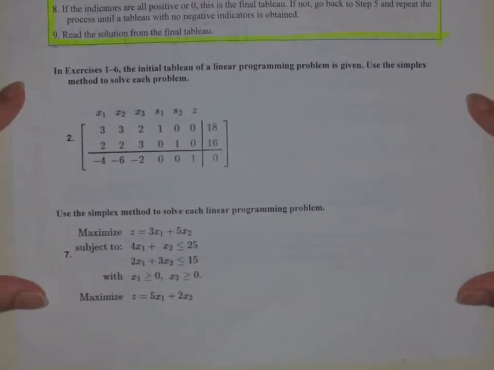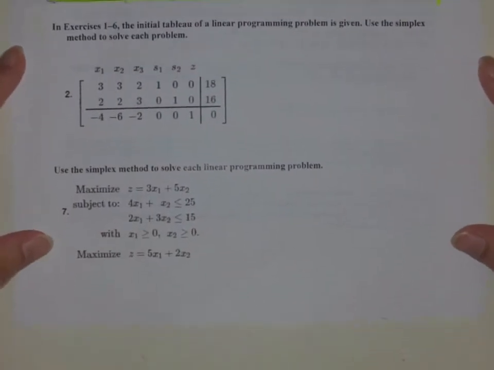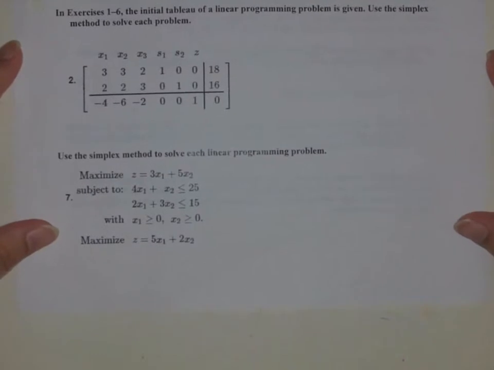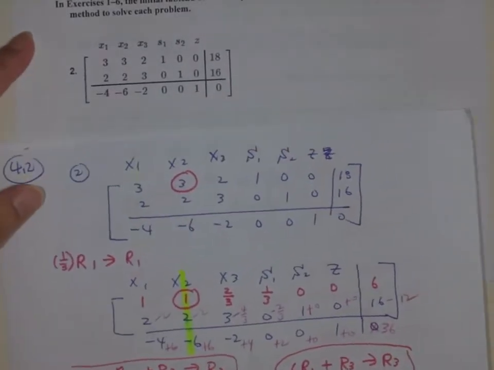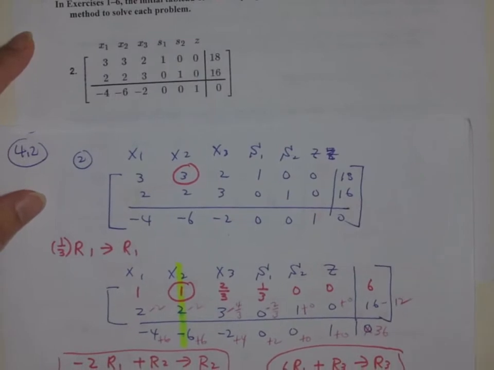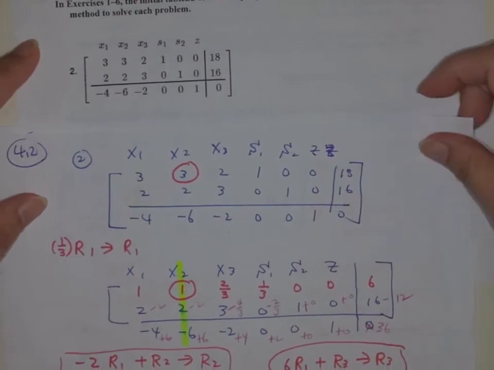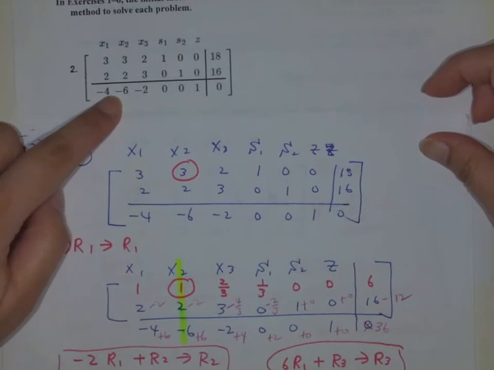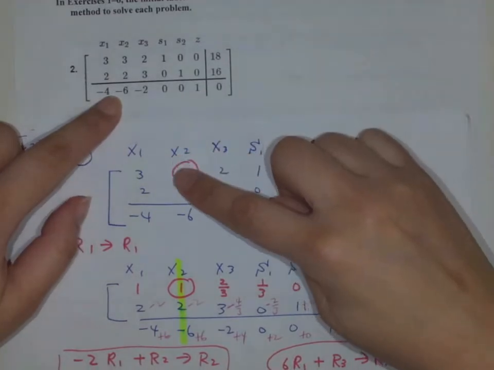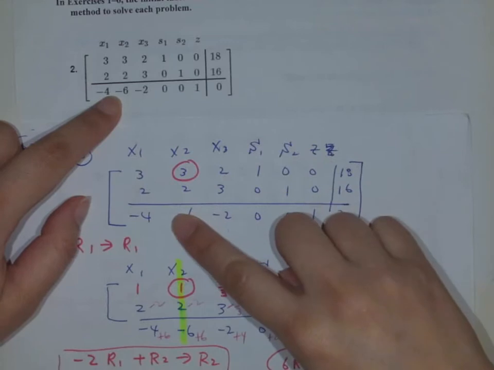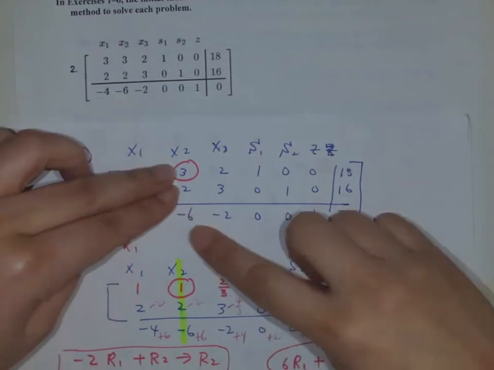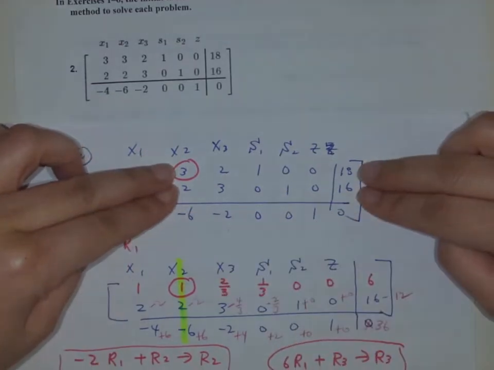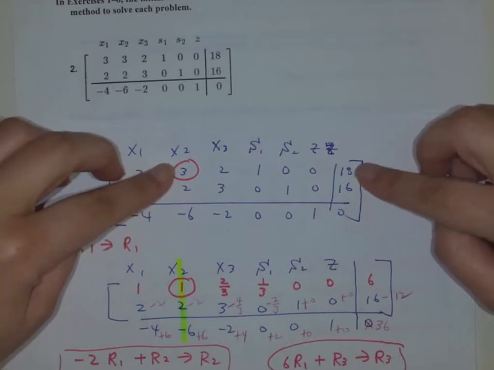Okay, the first example we have here is already set up for you, right? We talked about how we need to find the pivot column, which is the one with the greatest negative number. For this one it would be -6 here. So this is your pivot column, right? And then once we have that, we need to look at the quotient of this number, and this is 18 divided by 3,